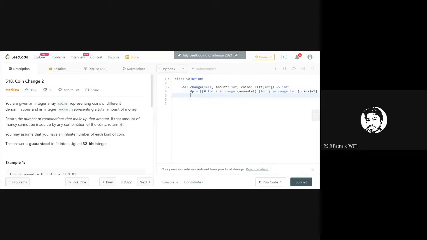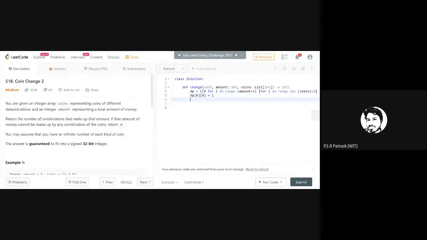So what we have defined, let us call it the DP table, or let us keep it as DP itself. Why increase the space? So we are first defining the table. After defining the table, what values are we initializing? The first value we'll initialize is 0, 0. We'll keep it as 1.